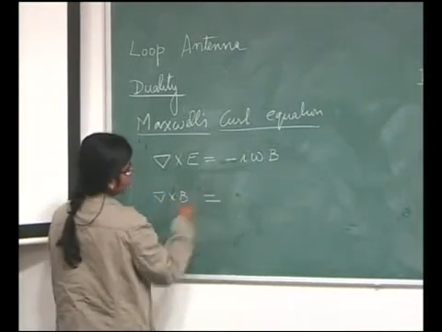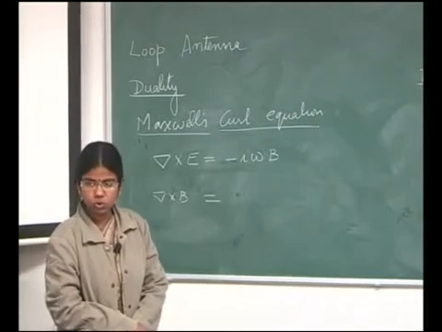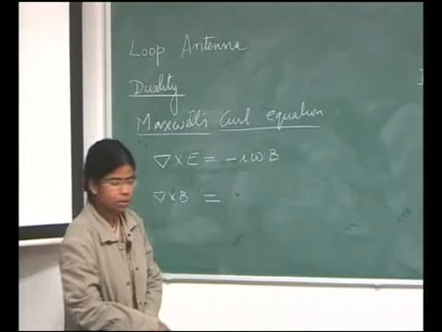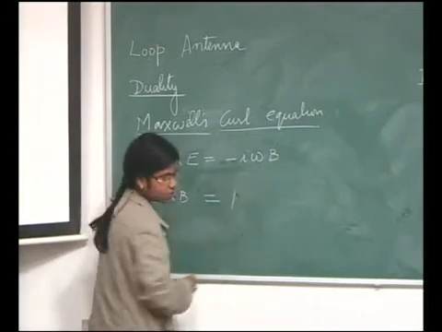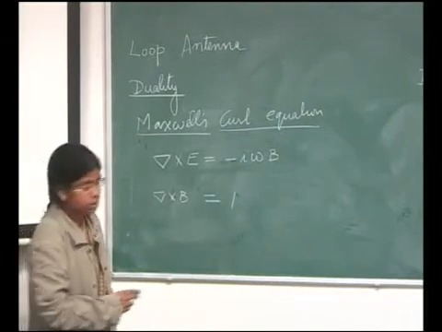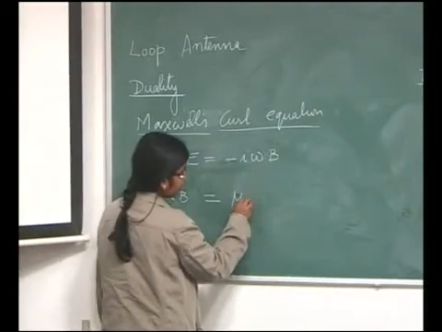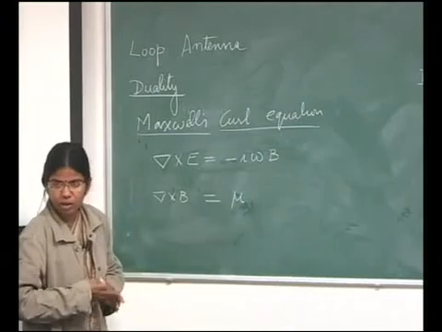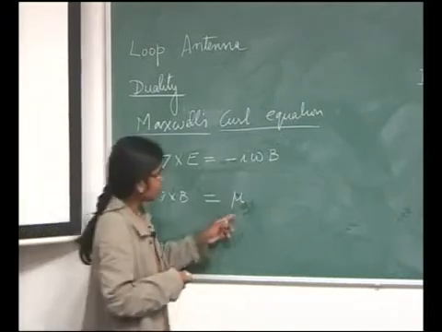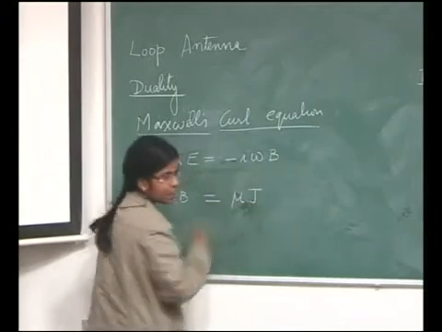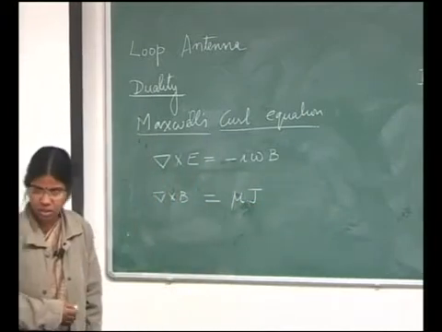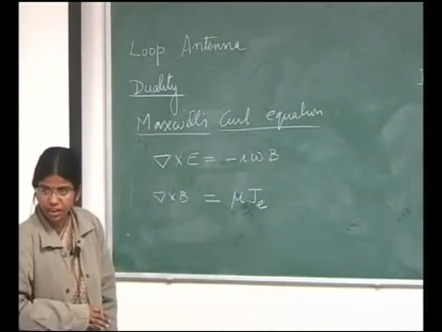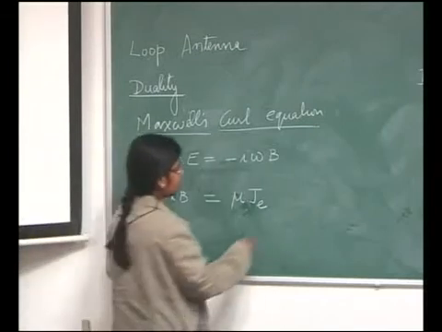del cross B is equal to, with Ampere's correction, mu. I will say mu 1, or I will just write mu naught means air. Now, the medium could be anything. Okay, I will write mu. Now, this current here is due to the electrical charges. So, I will define here that this is mu JE. JE means current due to electrical charges, and plus